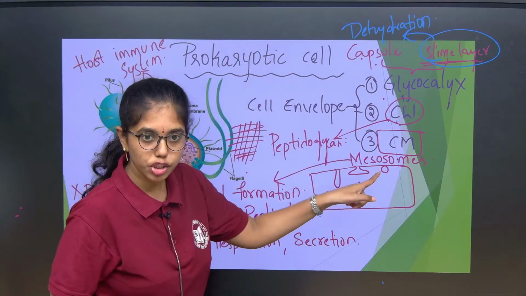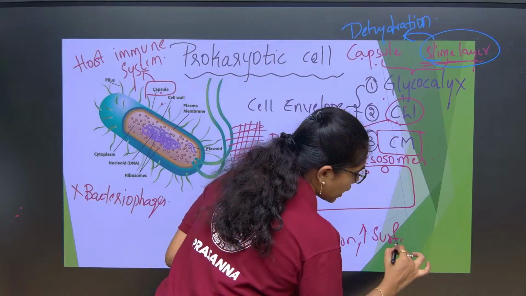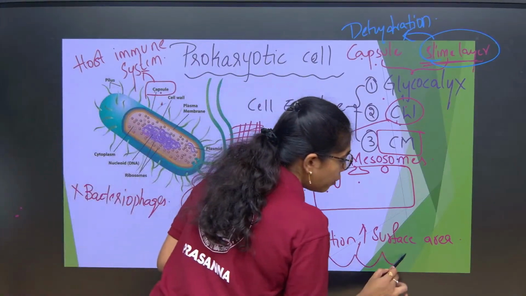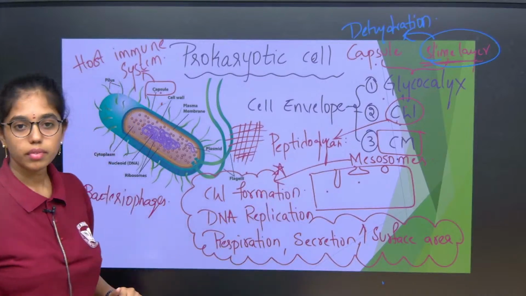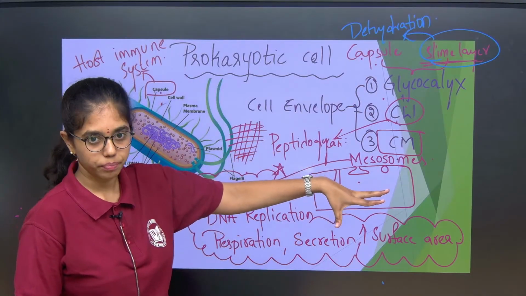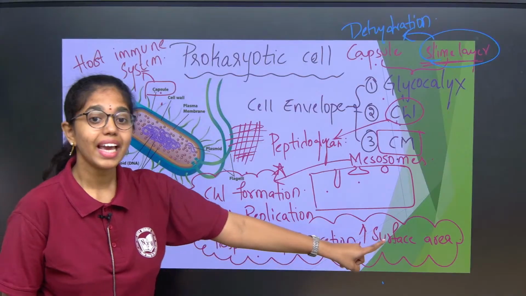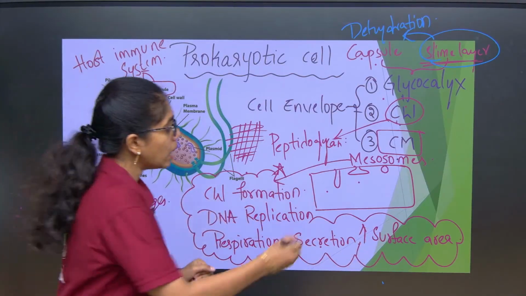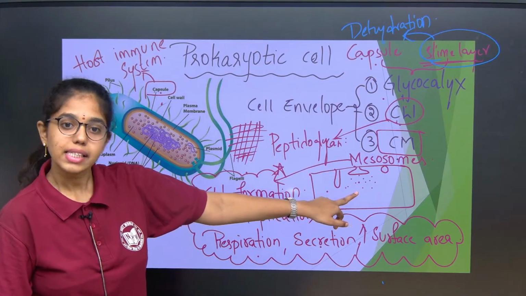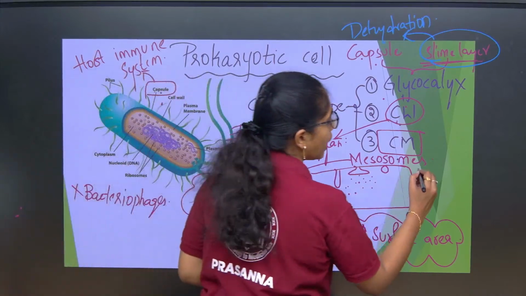As these have extensions, they increase the surface area of the cell membrane. All these functions are very important, because we have got many questions from the functions of mesosomes itself. So, what are mesosomes? They are the cell membrane extensions of prokaryotes towards the cytoplasm. What are the functions? Cell wall formation, DNA replication, respiration, secretion, increasing the surface area. How is it performing respiration? By releasing some respiratory enzymes into the cytoplasm. That is why it is also promoting what? Secretion. As it performs respiratory activity, mesosomes of the prokaryotic cell are equivalent to mitochondria